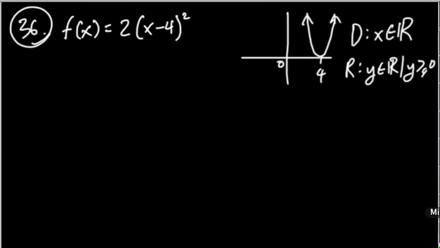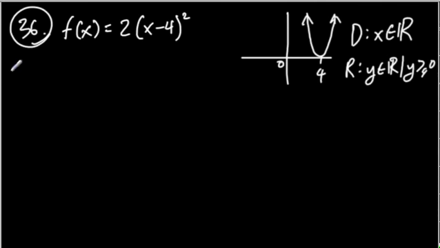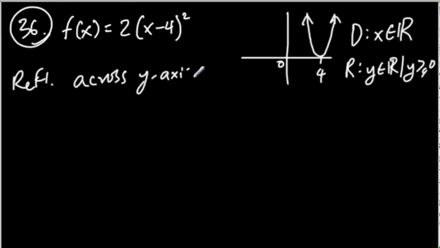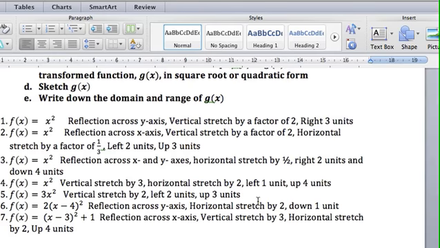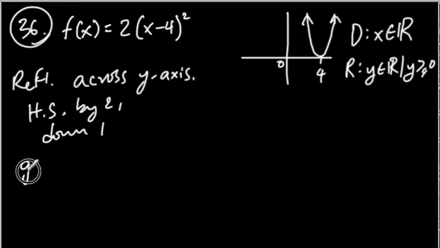Okay, let's look at the transformations. The transformations are reflection across y, horizontal stretch by 2, and down 1. All right, so let's look at that. So reflection across the y-axis, horizontal stretch by how much? By 2, and down 1. Okay, so horizontal stretch by 2 and then down 1. So g of x is now simply